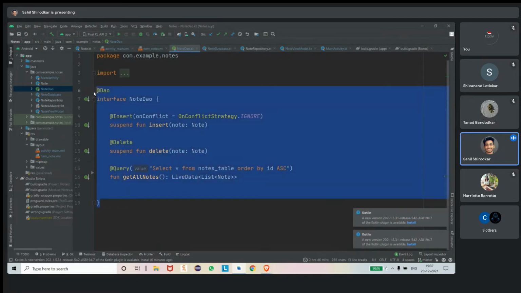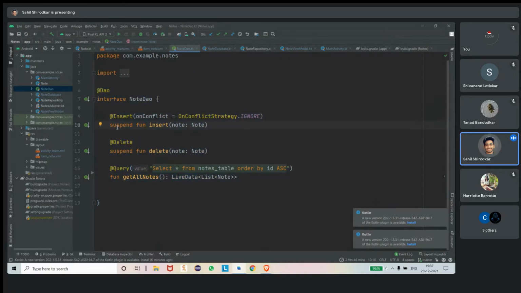So we have made a DAO now, but you guys can see that all the functions through which I am interacting with the database, inserting or getting, I am making them as suspend. So we use suspend whenever we are using coroutines. I'll explain coroutines when we write the whole coroutines code inside the view model.